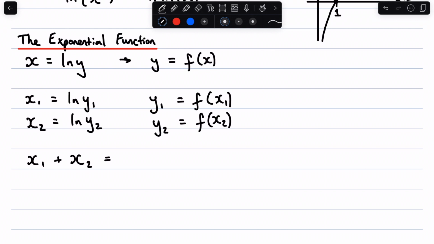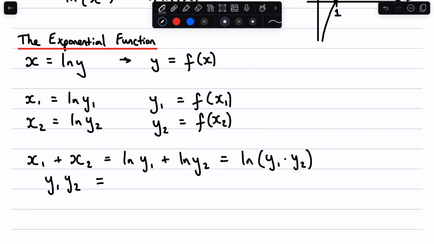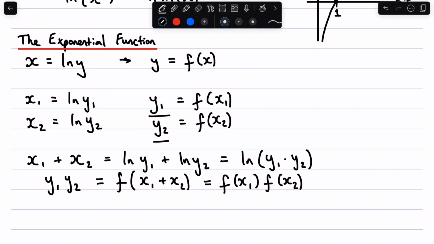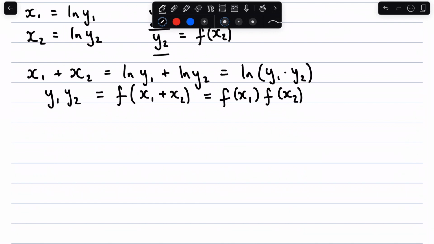And if we just think about what x1 plus x2 would equal, we could write it as ln y1 plus ln y2, which, as we know before, is the same as the natural logarithm of y1 times y2. Now if we take the inverse function of this, we can say y1 y2 equals the inverse function of x1 plus x2. However, we also know that y1 y2, looking at just these, must be f of x1 times f of x2. This implies that f of x must be of the form a to the x, because that's